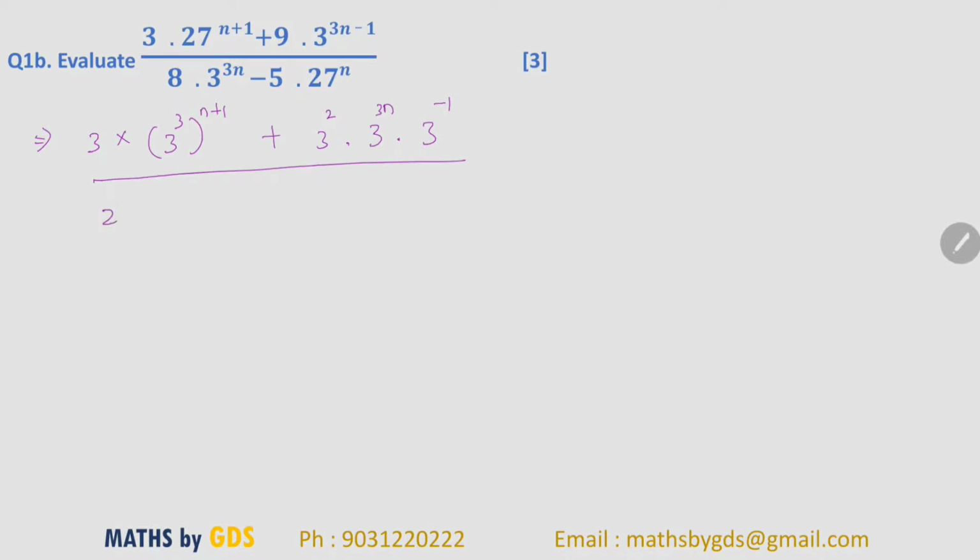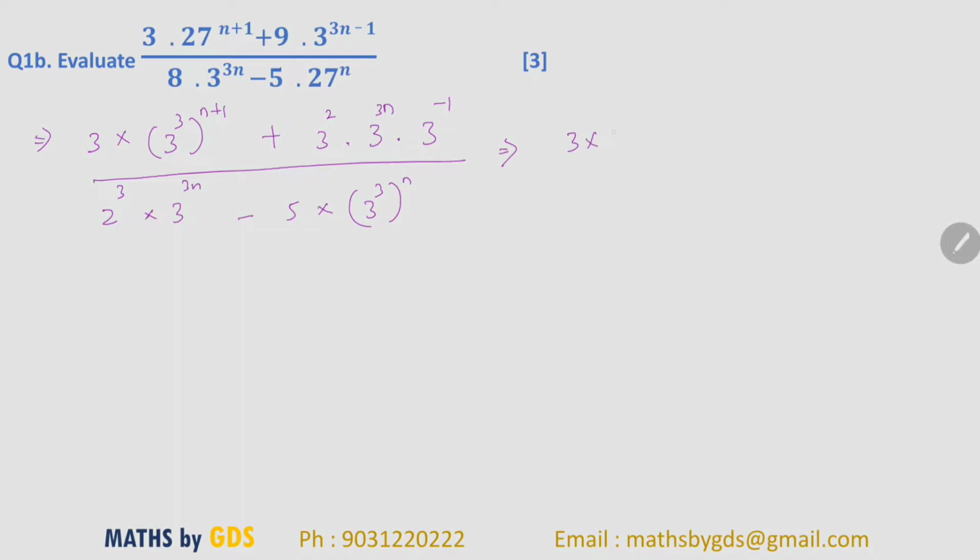So 8 can be written as 2 cube into 3 to the power 3n, as it is minus 5 into this. 27 will be written as 3 cube to the power n. Alright, next step will be